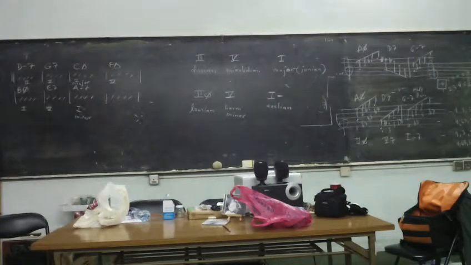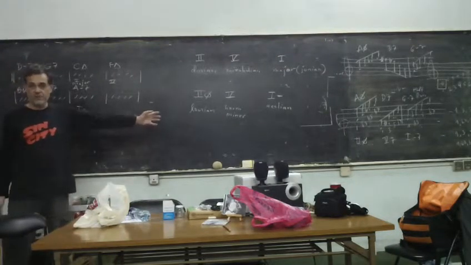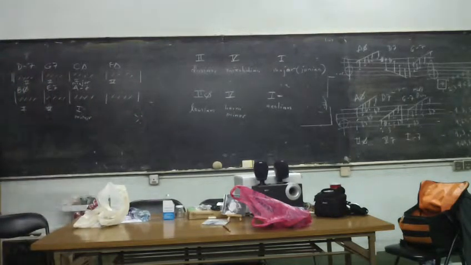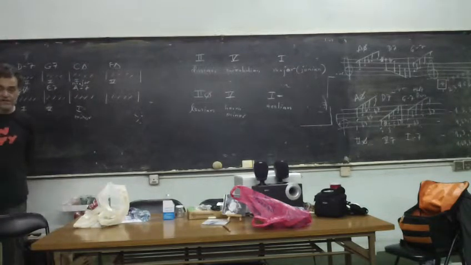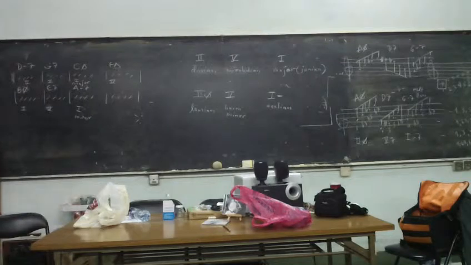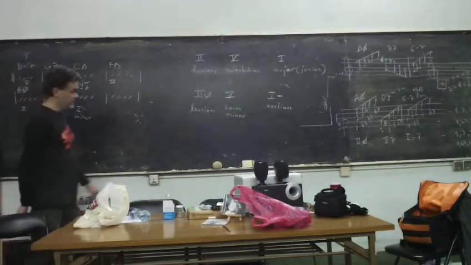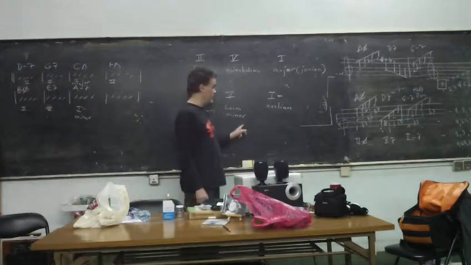So why this minor 2-5-1 is like this? Locrian because the 2nd degree of the minor key is half diminished because the minor key is made on the 6th of the major tonality. So the 2nd degree of any minor 2-5-1 is half diminished. So it's the Locrian mode. Then the harmonic minor of this one